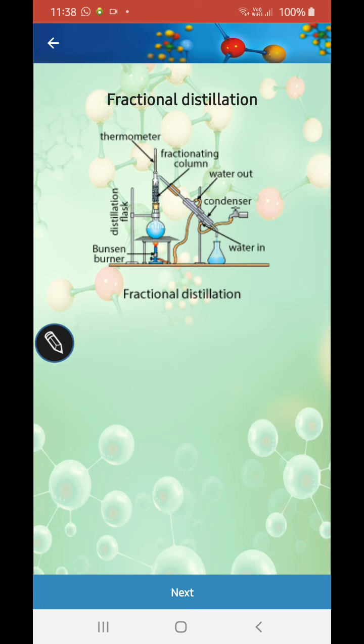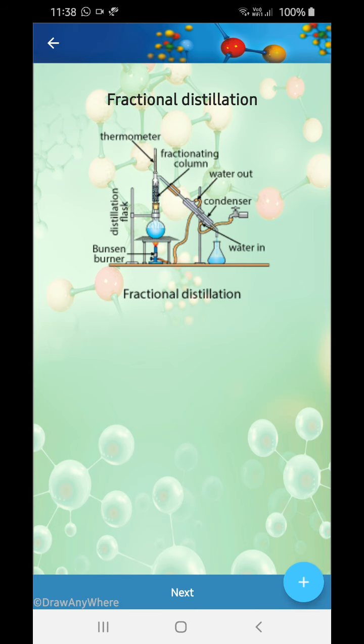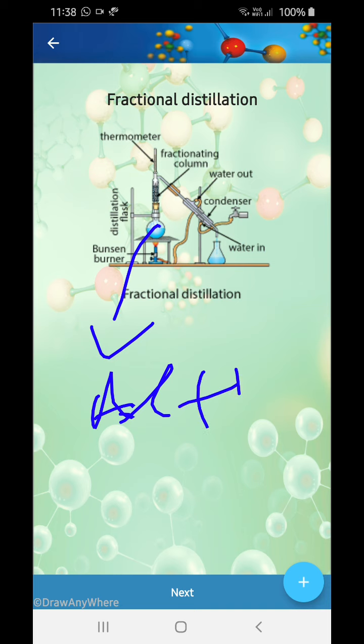See, fractional distillation, I'll explain to you. Here you have the mixture of alcohol and water, okay? Any alcohol, ethyl, methyl, anything. You heat it, and then you see over here the fractionating column. It goes up over here, and the one which has a lower boiling point will go up, and